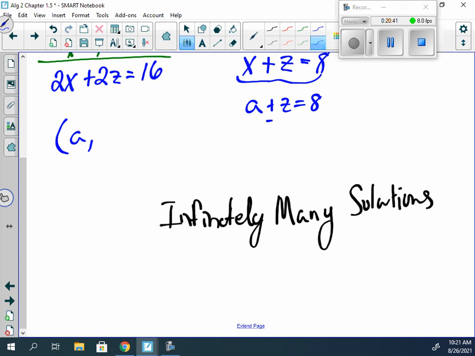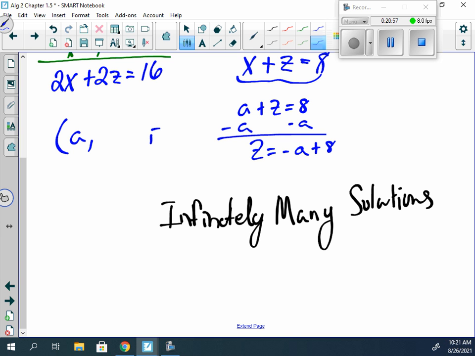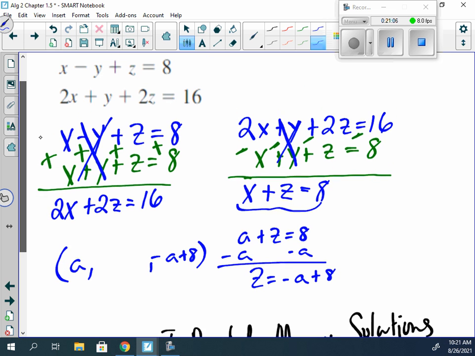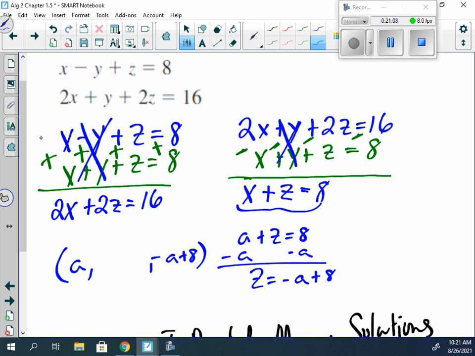So here we can subtract z from both sides. Well, not z, sorry, because we want it in terms of a. A plus z equals 8. I would subtract a from both sides, which tells me z is equal to negative a plus 8. Now, if I want y,